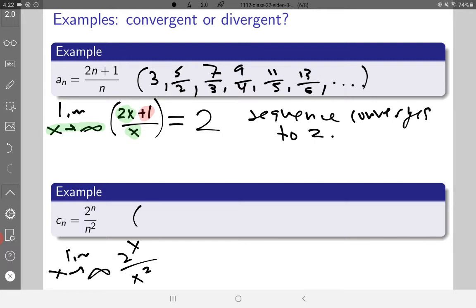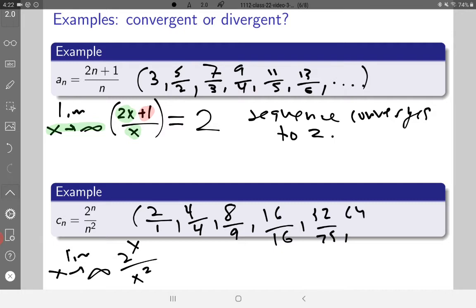So the numerators are all powers of 2 and the bottoms are all squares. So 2 to the 1 is 2, 1 squared is 1. 2 squared is 4, 2 squared is 4. Okay, so that outputs 1. 2 cubed is 8, 3 squared is 9. 2 to the 4th is 16, 4 squared is, oh, that's funny, that's 1 again. 32, the numerators are doubling, the bottom is a square. 64 over 36, 128 over 49, and then eventually, after a certain point, like around here, originally the terms were kind of